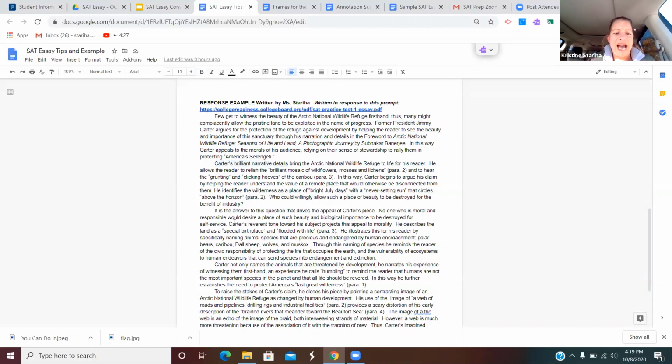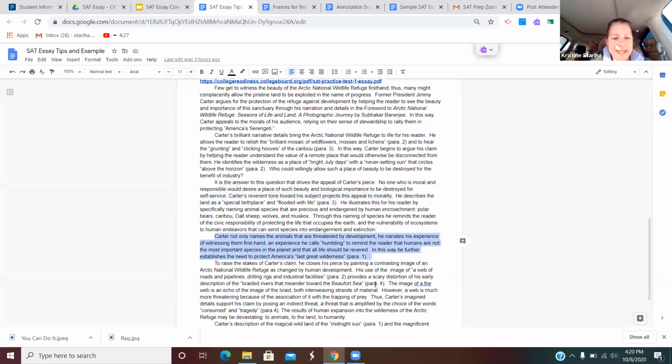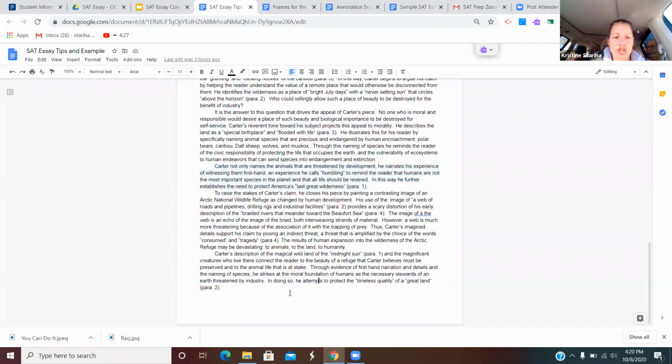All right. Then I talk about Carter's use, his tone, and his appeal to morality in the second paragraph. And then I talk about a strategy that Carter is using where he's naming animals, the way he uses evidence, which is naming animals in the next paragraph, which is a short one. So I actually added a fourth paragraph where I talked about how Carter uses contrast, compare and contrast, basically a contrast in imagery,